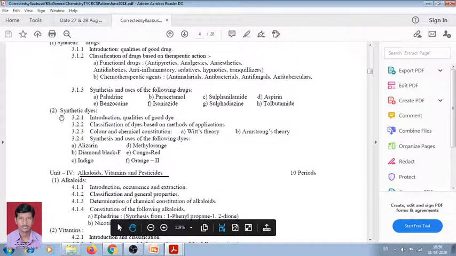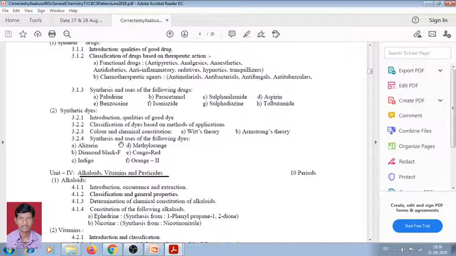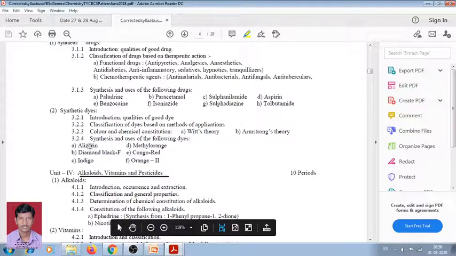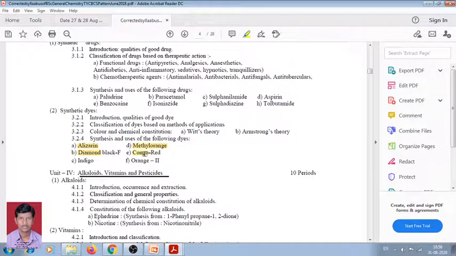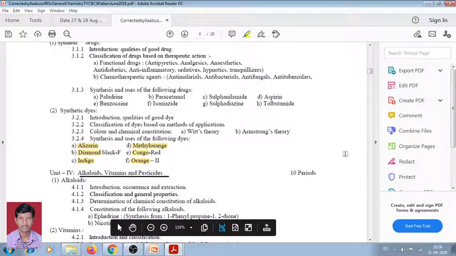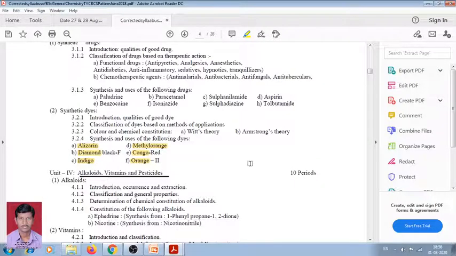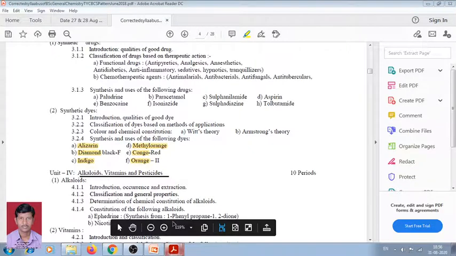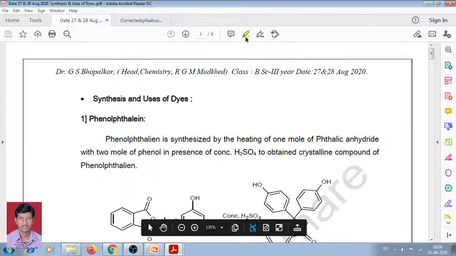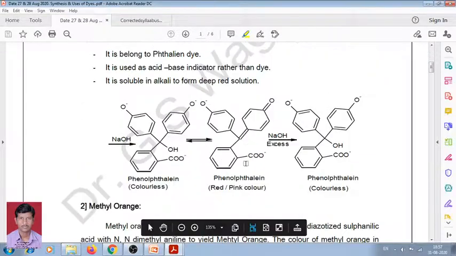This is the syllabus of your BSc third year chemistry. We have to learn the synthesis and uses of dyes of alizarin, methyl orange, diamond black F, Congo red, orange second, and indigo. Means these six dyes we have to learn about their synthesis and uses. Now we will see one by one,